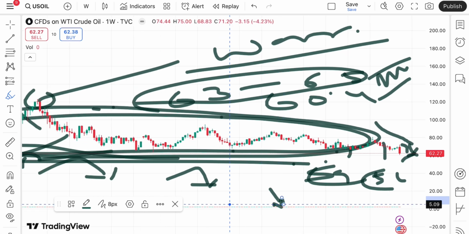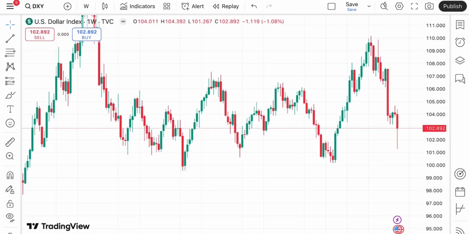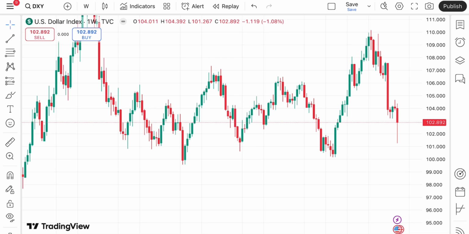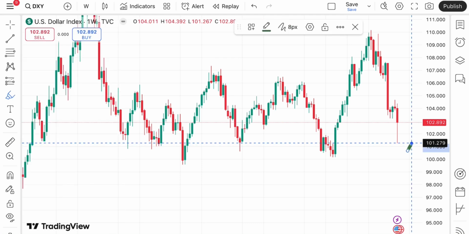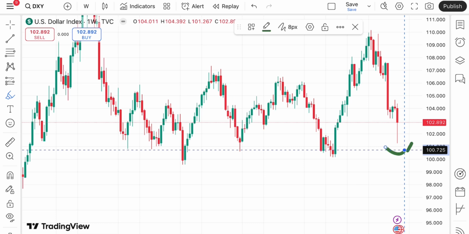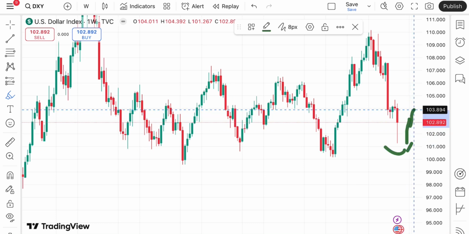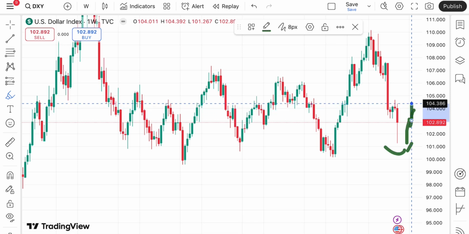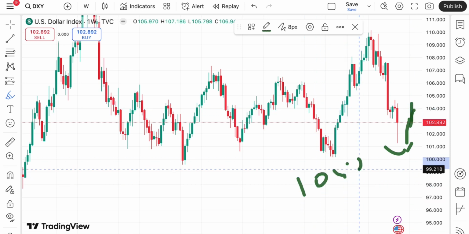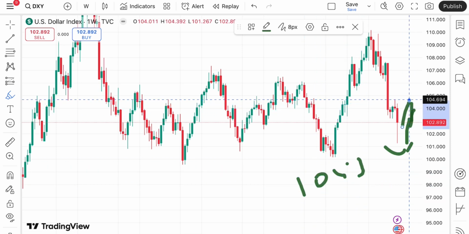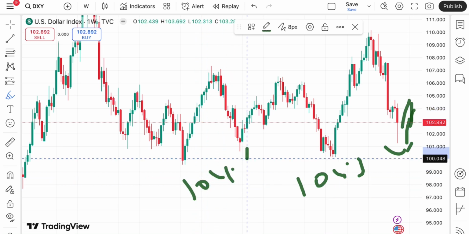Now if you look at the dollar index, because the dollar index plays an important role, it has already closed at a level of around 101.2, and a swing is formed at this level. So if the price sustains above this level, it can go towards 103, and from there to a level of 103.9, and chances of touching 104.3 will be there. And if that sustains, a further upside we can see towards 104.6.